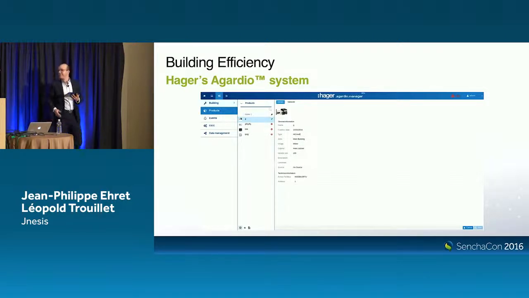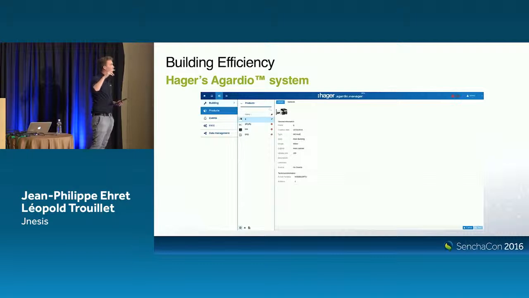So, Leo, can you show us a bit of what the operator is supposed to have in his hands? Of course. Basically, the Hager application is split into 3 main parts: the visualization part, the configuration part, and